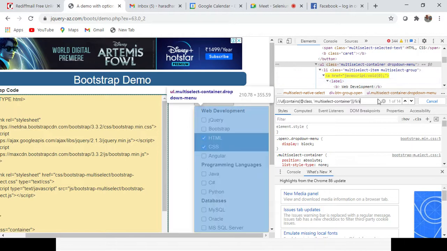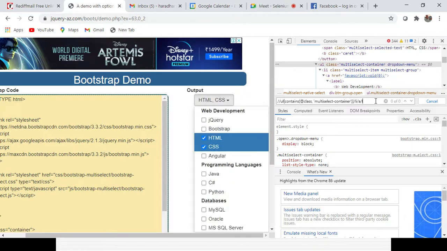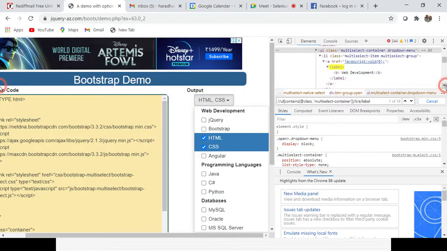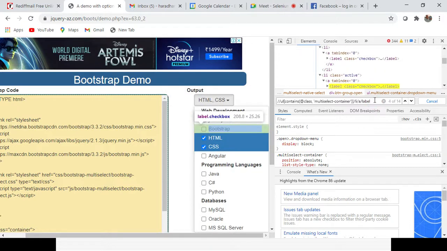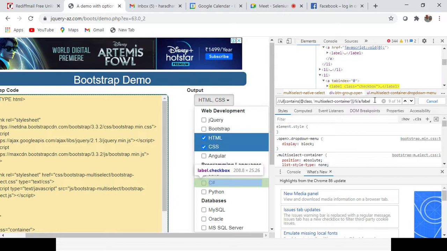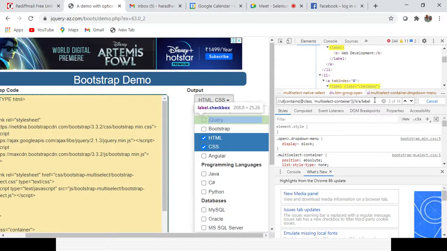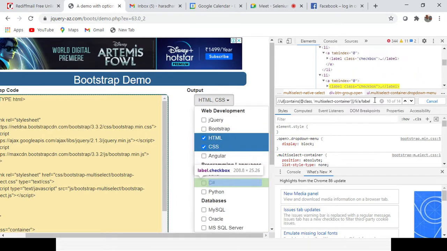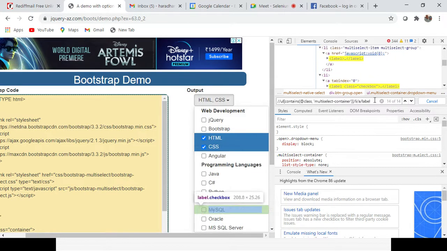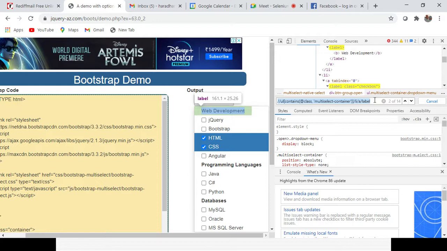Then I have to give label. So that is why you have to create it, so that if you enter here, you can see all the options, you can select them, right? So it will give you all the options, so you will get 14 options. That is why you have to create your XPath for all the other options, because these are not unique options, these are the 14 options available here, and you need to create the XPath based on that.